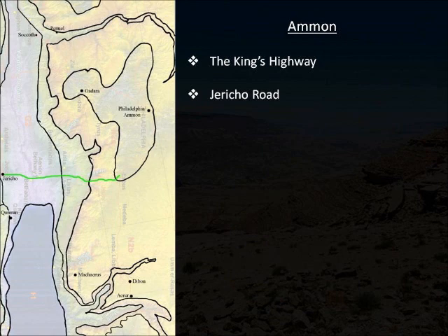And we also have another road we would like to note. That's the Jericho Road. It starts in Jericho, of course, where we looked at it in our two maps on the Saddle of Benjamin and the land of Judah. And here we see it again, but now it's on the west end. The Jericho Road continues across the Jordan River, and it connects up with the King's Highway, specifically at an Old Testament site known as Heshbon that shows up every now and then in the Old Testament. So go ahead and pause your map here and mark the King's Highway and the Jericho Road as I've shown you here.